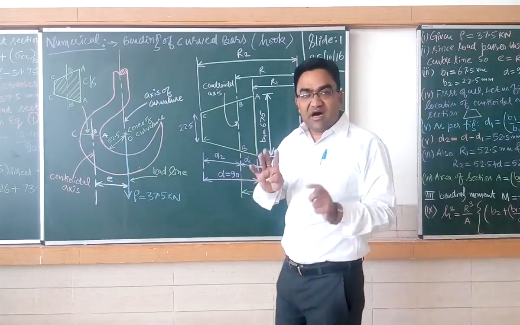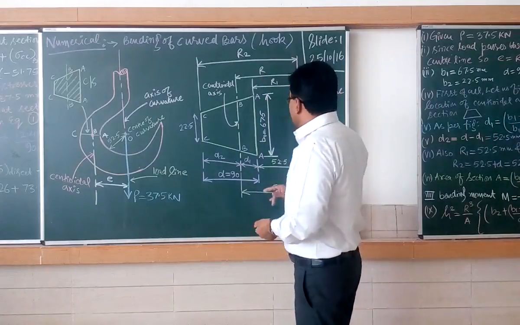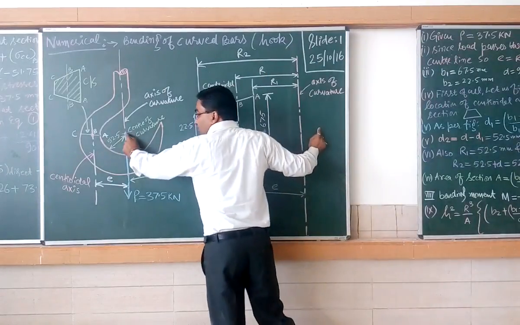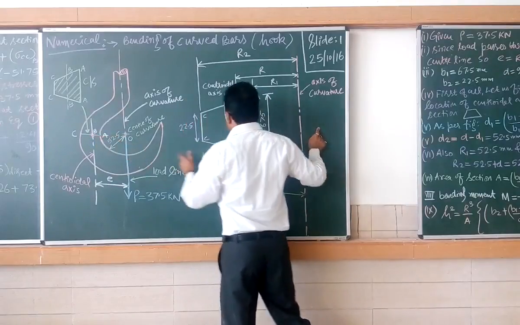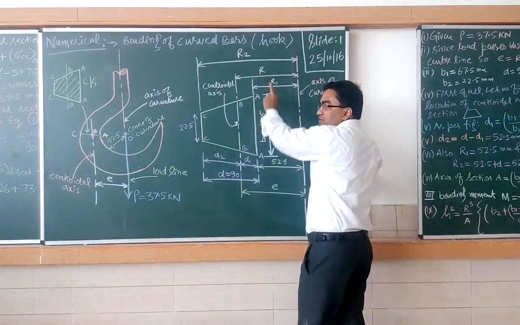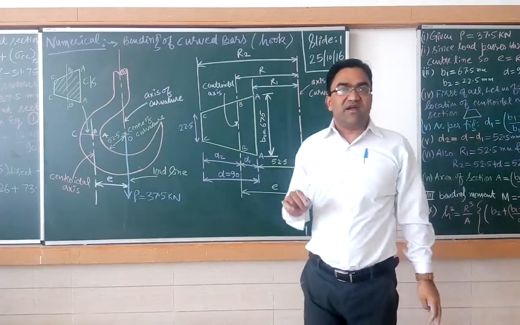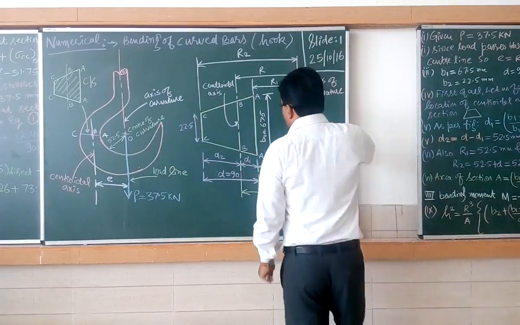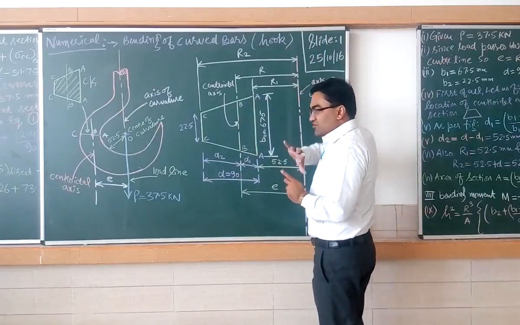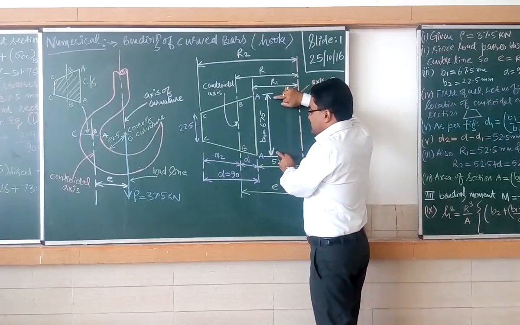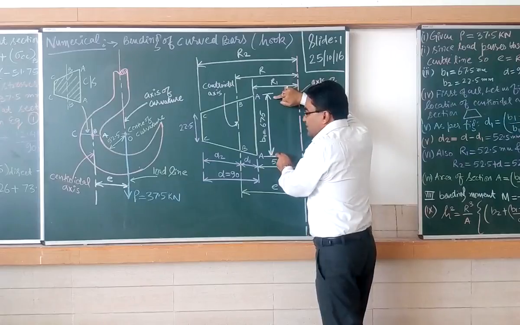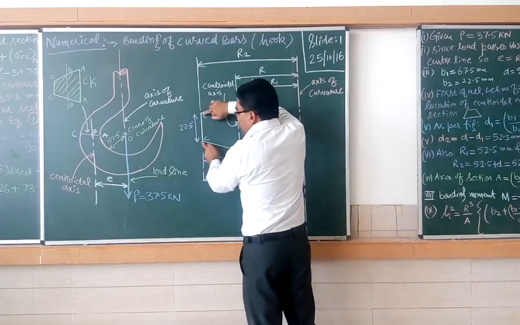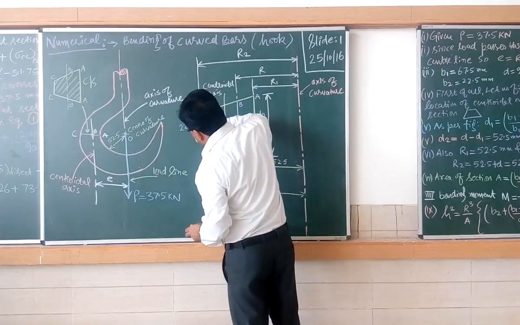Third point, from the axis of curvature, point O, to B, this is your R. This is known as the radius of curvature. Is it clear up to here? Now, moreover, the dimensions have also been given in the numerical. B1 has been given in the dimension, that is B1 is 67.5. Similarly, B2 is here. This is your B2.